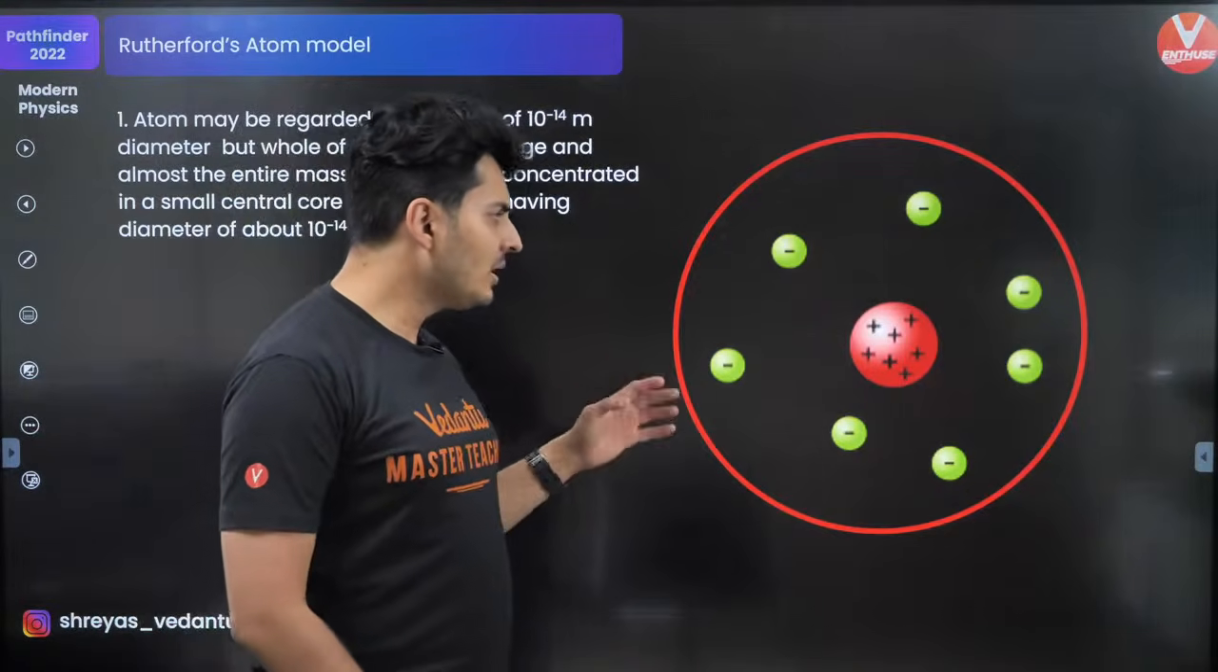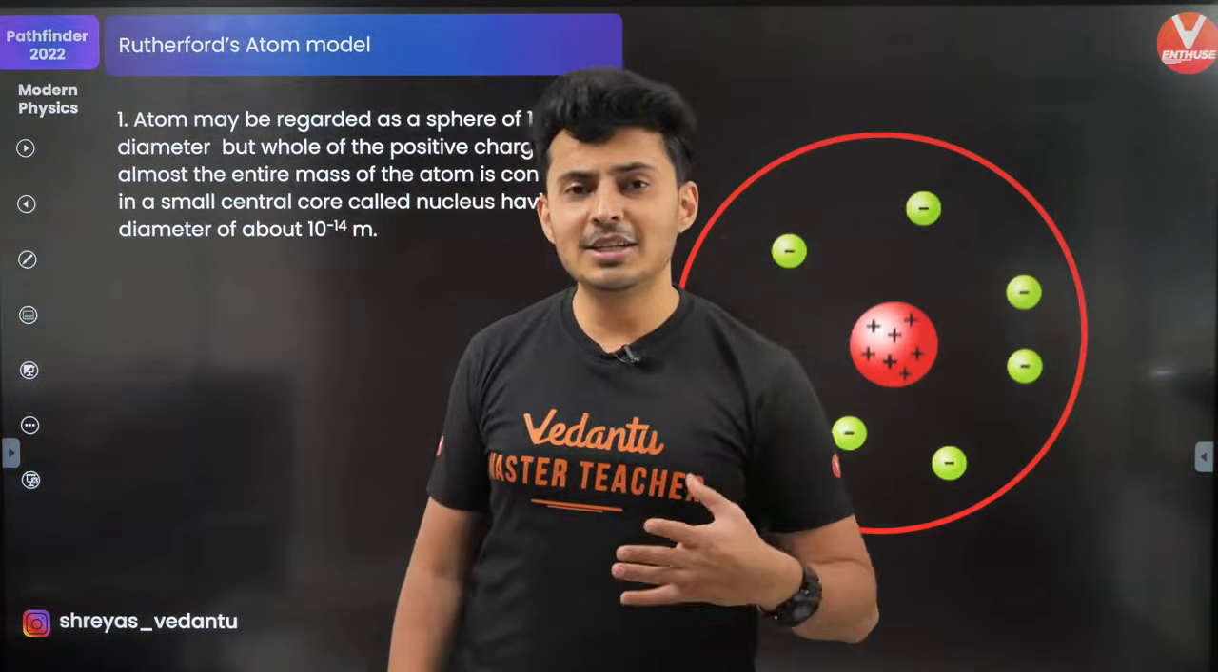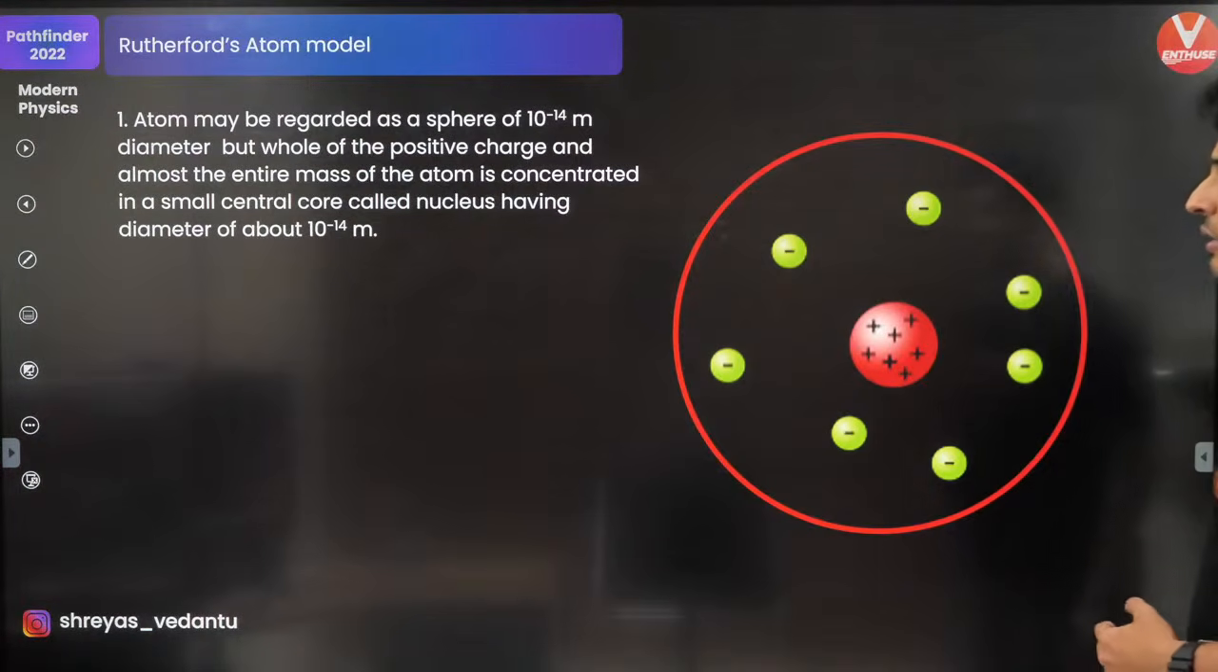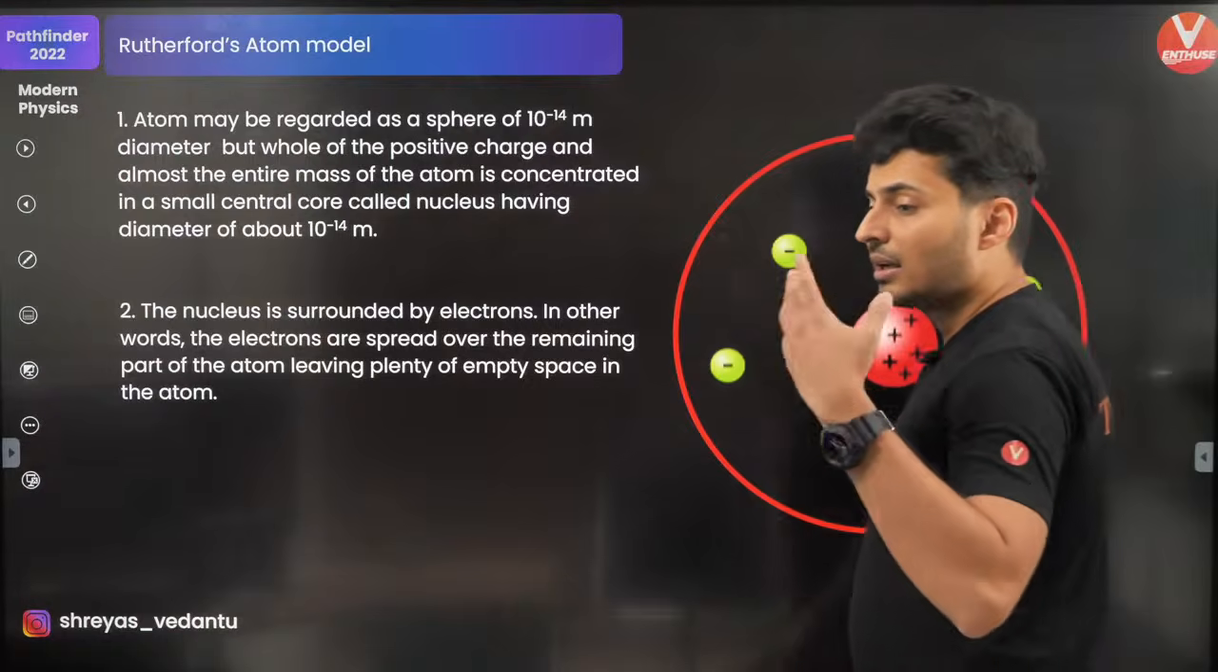And this was a good enough explanation, much better than Thomson's model, but still this model of Rutherford did not satisfy